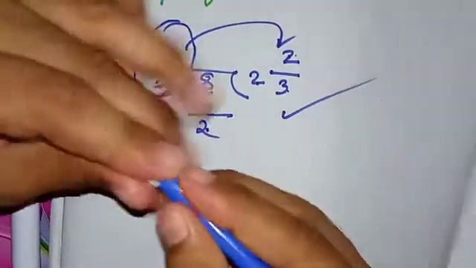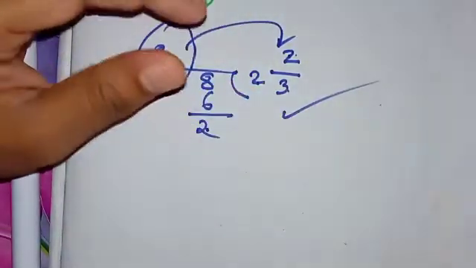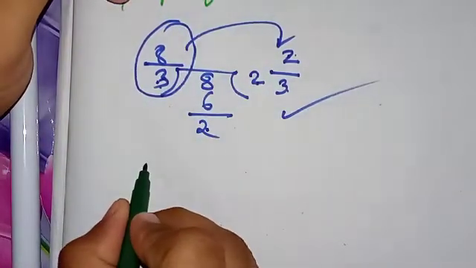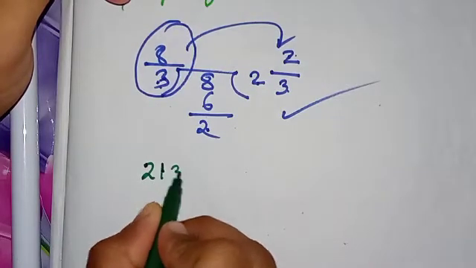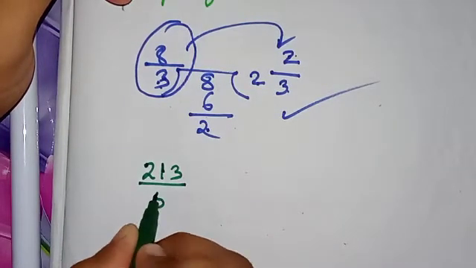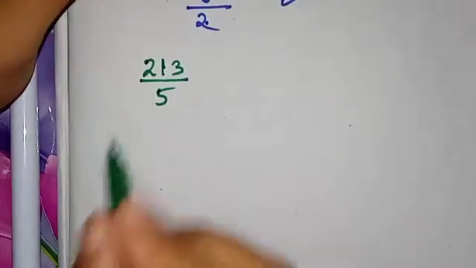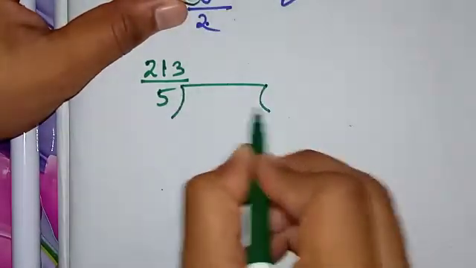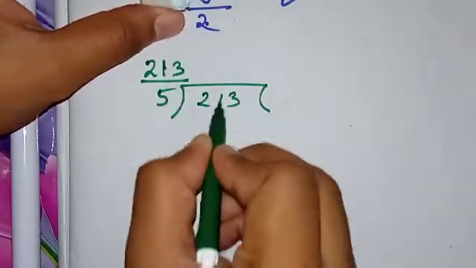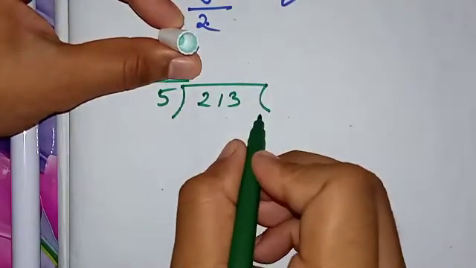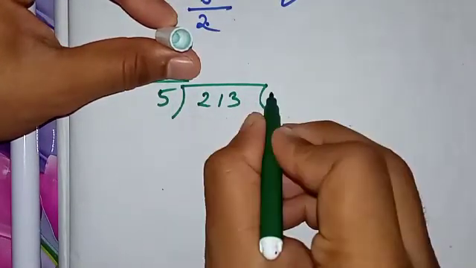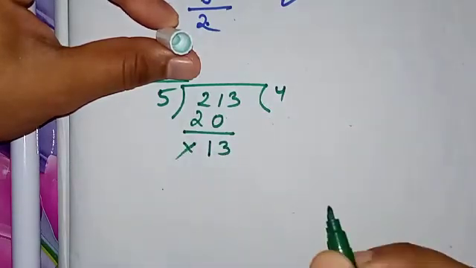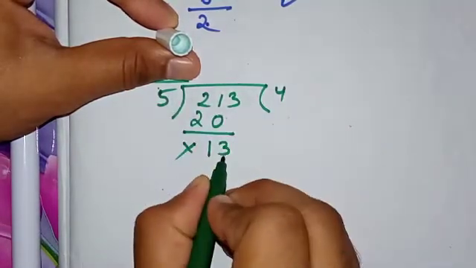Let us take one more example to make your concepts more crystal clear. Suppose 213 by 5. So this is an improper fraction as well, because the denominator is lesser than the numerator. Again we will put a division bracket and we will pull the numerator over here, we will hide it. Now start dividing it until you get a remainder. So 5 4s is 20. I hope you know how to divide.